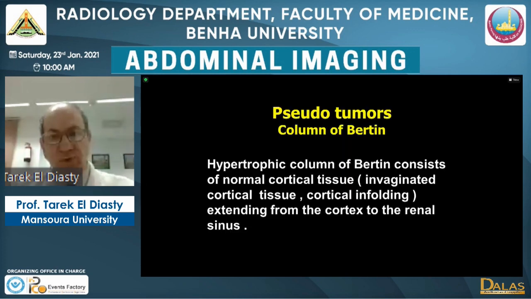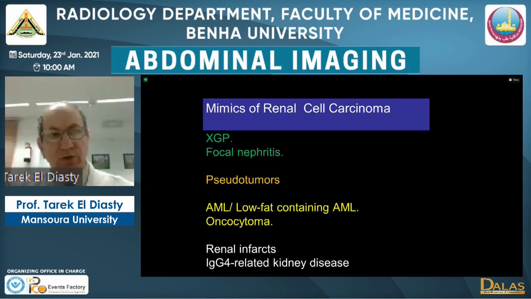This type of pseudotumor is called invaginated cortical tissue or cortical infolding, where part of the cortex infolds into the renal sinus. It usually occurs on the mid zone of the kidney and on the left side more than the right side. So to summarize, these are the cases presented for mimics of renal cell carcinoma: